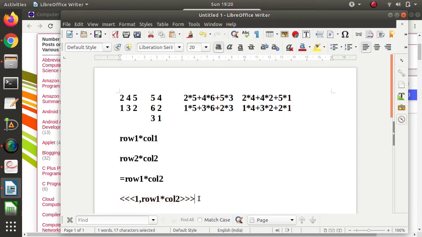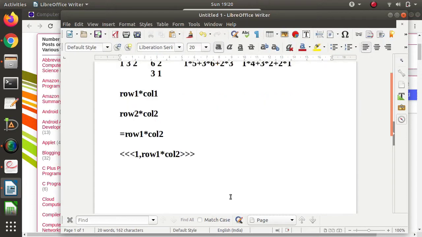We can call the kernel with this many threads. So we have created one block and these many threads in that block: one thread for this, another thread for this, and so on. Or we can do the same thing like this: create this many blocks and call one thread per block.